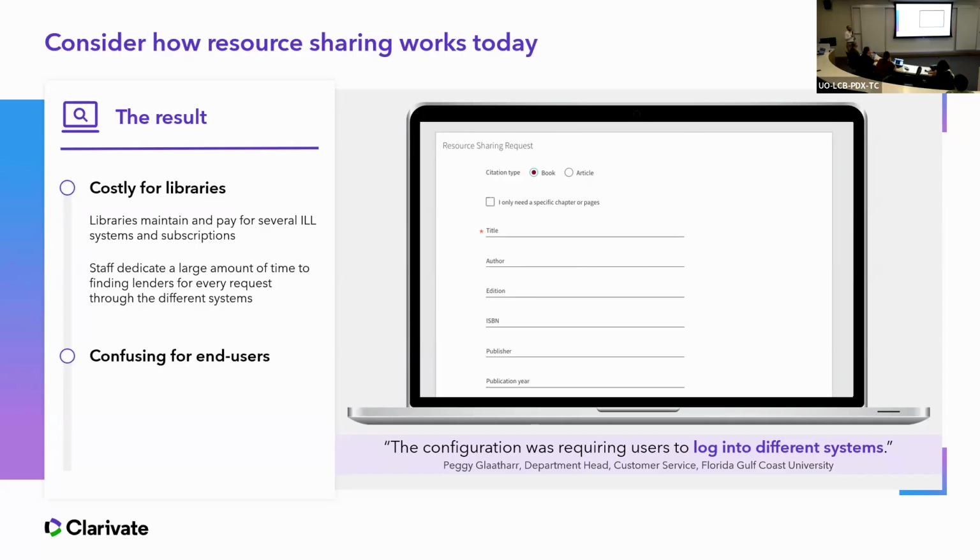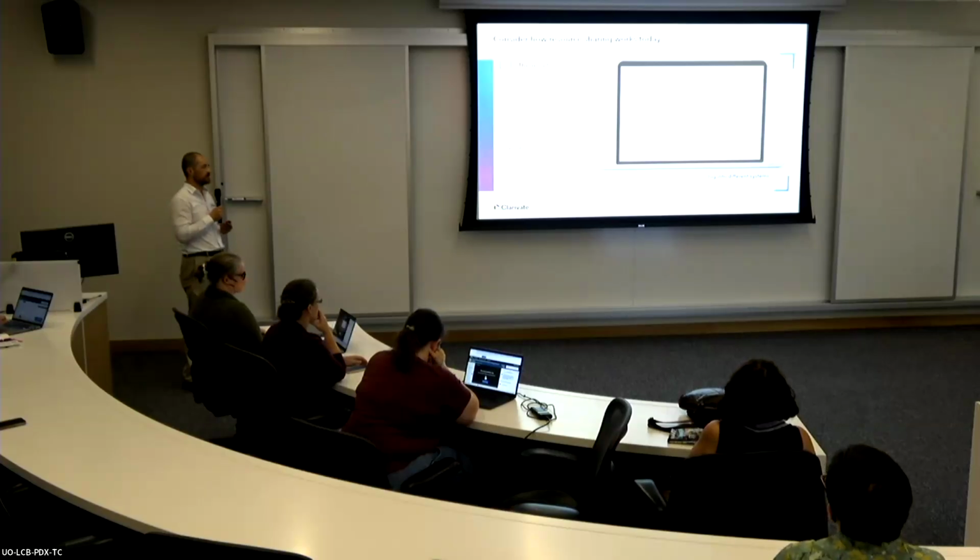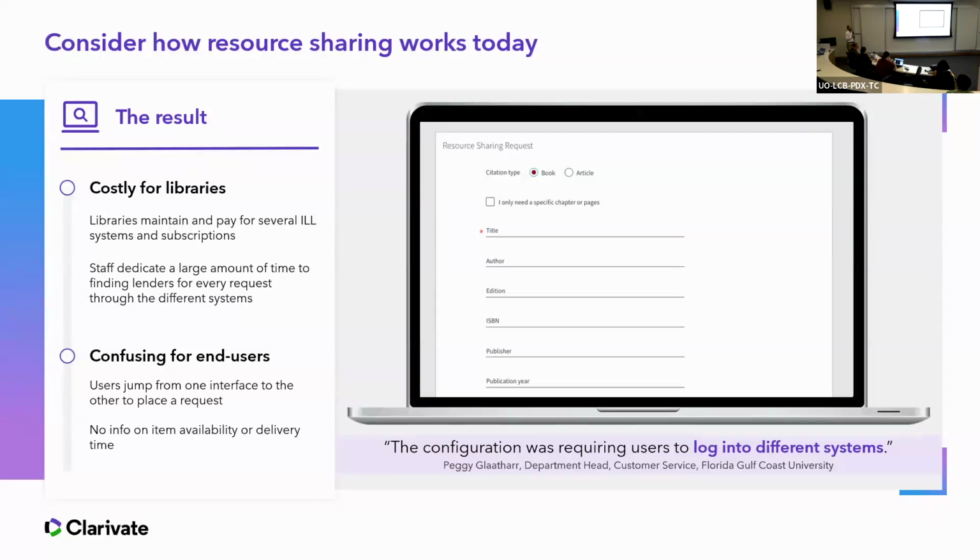So I think interlibrary loan can be confusing for end users. Sometimes they might have to log into different environments to place the requests. Oftentimes they don't know what to expect when they place that request. So there are expectations that are missing. And sometimes, we've heard from libraries that as a result, patrons place requests and maybe they don't pick the item off the shelf, or they don't download the PDF. Well, their expectation wasn't met. And so Rapido is a system designed to address these couple issues here.